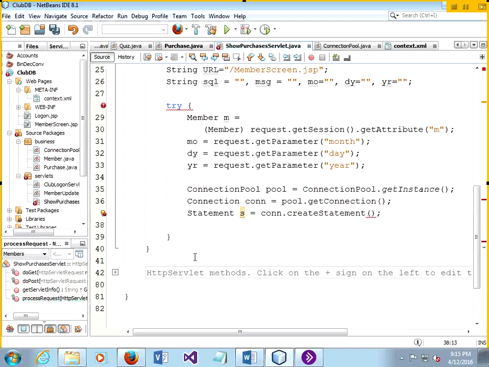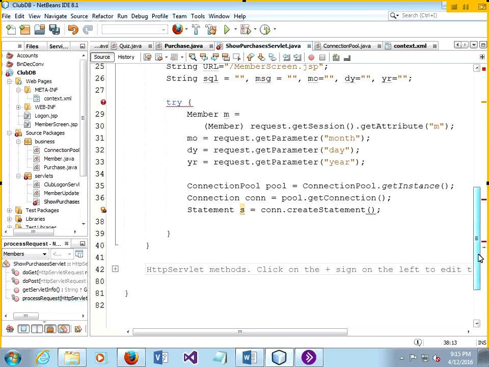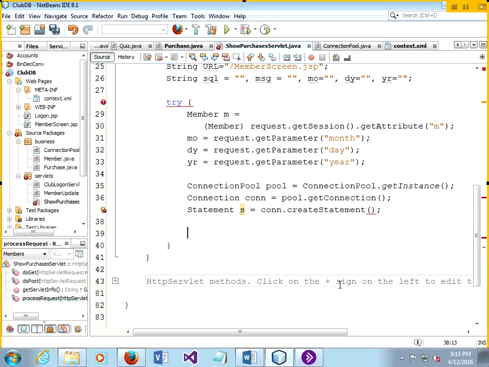Why is it giving me red over here? Oh, now we have an unreported exception. All right, well, we'll deal with that in due time. Okay, so the SQL